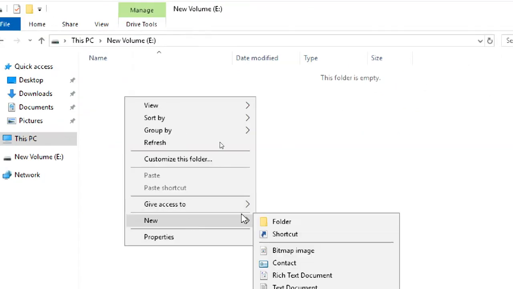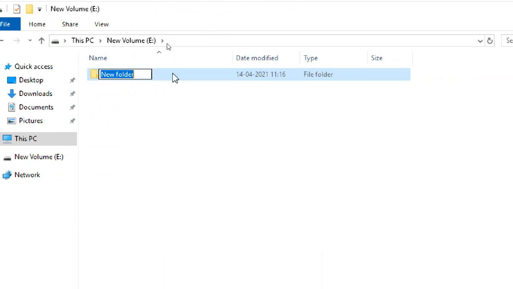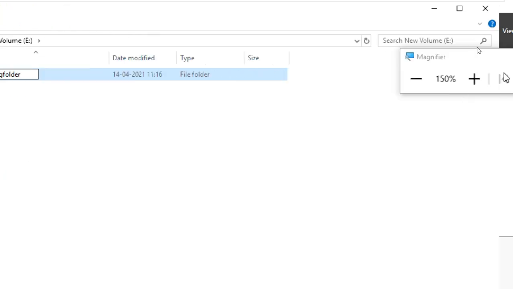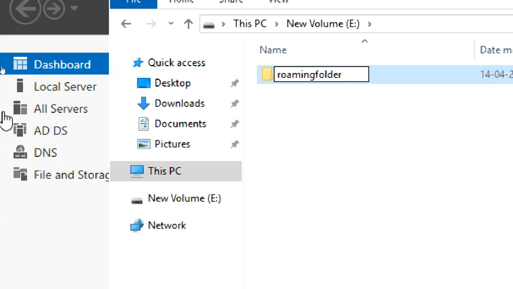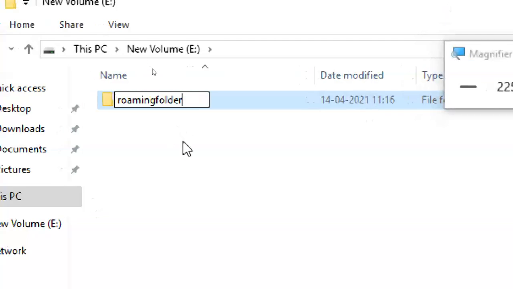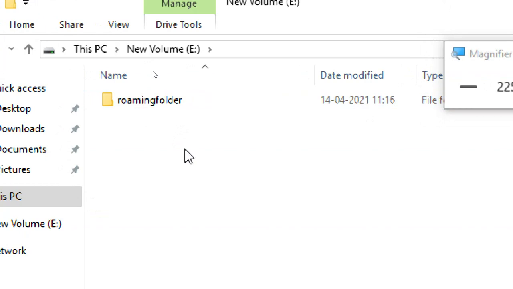This is the E drive. I'm going to create a new folder here. My folder name is roaming folder. You can use capital letters or small letters, no problem. I didn't give any spaces. If you observe, I didn't give any spaces for creating this folder, because it's a sharing folder.